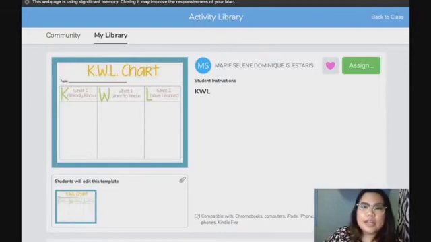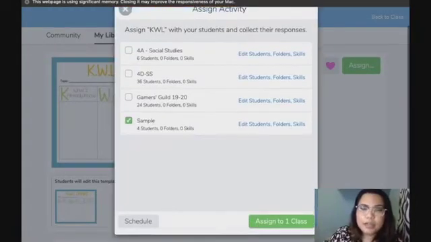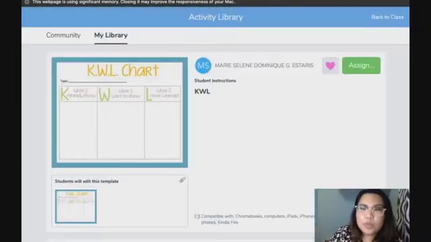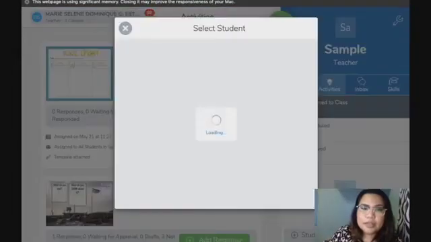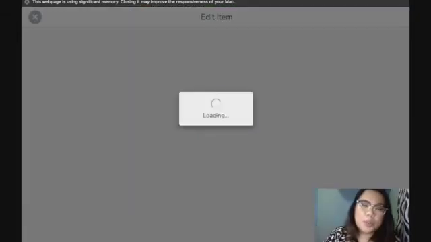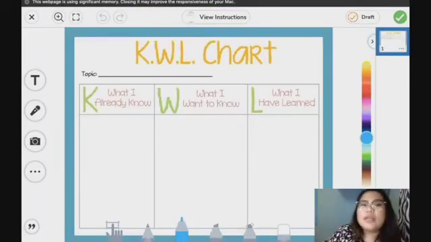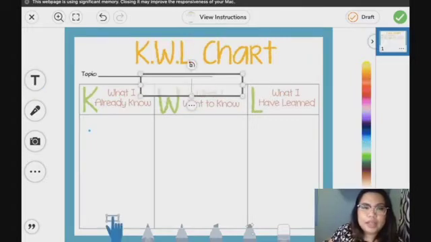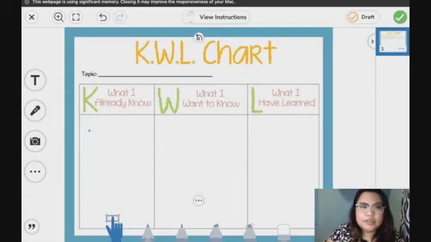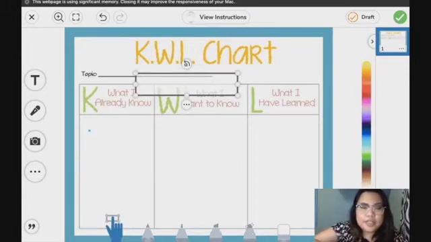And then once again assign to our sample class so that we can see what it will look like to them. So back to class, I'll answer this, I'll add a response. This time let's go as student 2. Okay, it pulls up the chart, and then students can maybe scroll their answers, they can draw their answers, they can add a text box. So let's say they will answer this one. Okay. What I know is